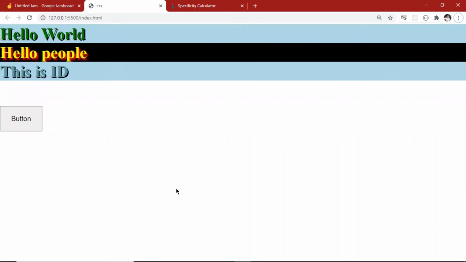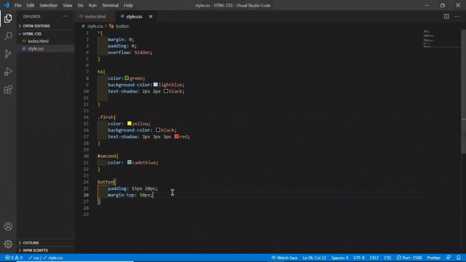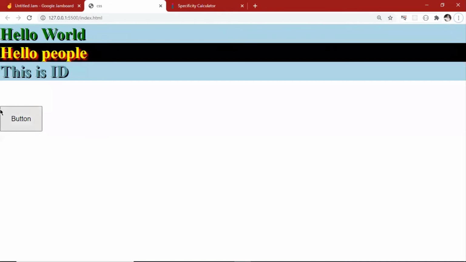Now there are different types of giving positions and float and all the stuff. Let's say the button is right now on the left side, you want it on the right side.